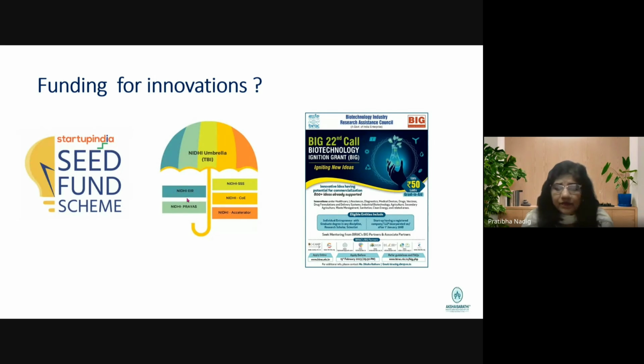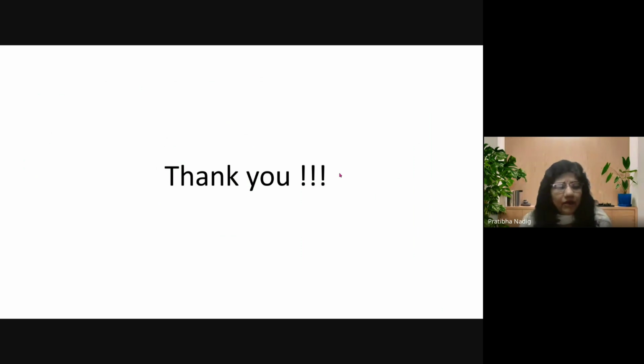But otherwise, if you want to really come out with the best innovation, then you need to really work on that, take a break or whatever. But there are funding schemes for MBBS students also. MBBS, PharmD, biotechnology students are taking. This is a big grant. This also is applicable for startups. And Akshaisarathi has applied for this grant. We are waiting for the clearance. And so that is for today.